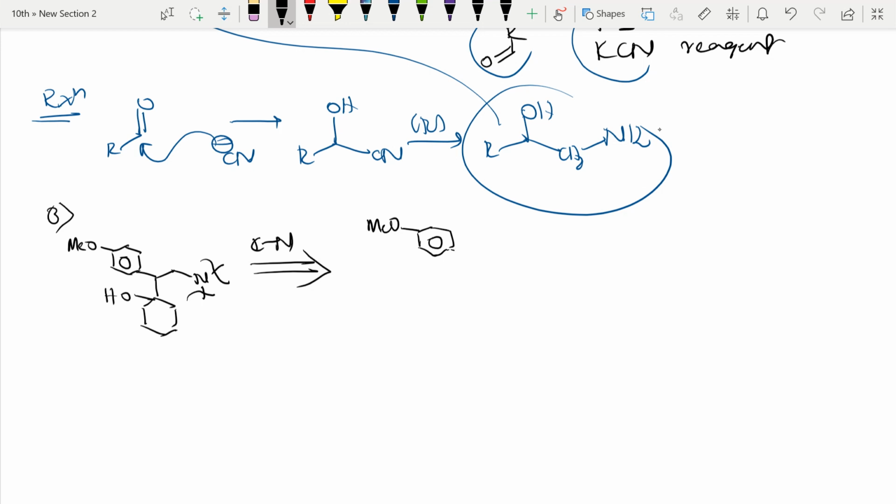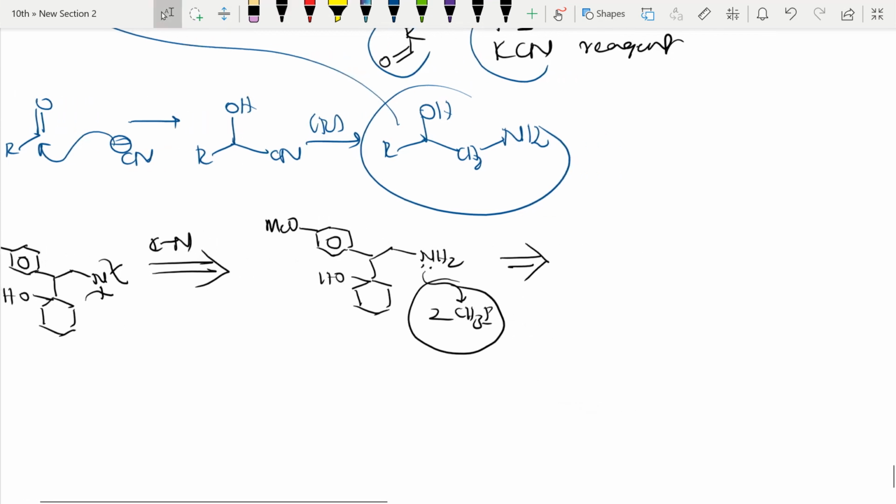I hope everything you keep the same as it is. And here NH2. And then what happened? CH3I, two molecules of CH3I you can write, because if this does an SN2 reaction, this iodine will leave the system and we will get the same N-methylation, right? These things I will show you when I write the reaction. But now we are just doing retrosynthesis, so we shall concentrate on that, right?